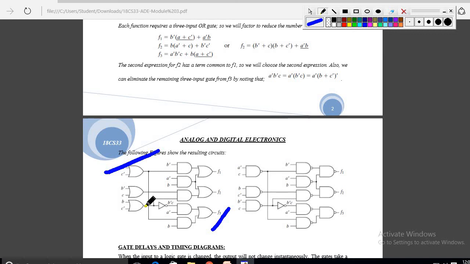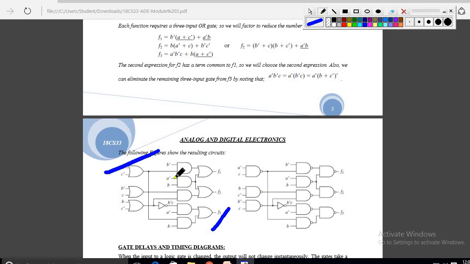Right, here the OR gate output will be what? Like this, B plus C bar, right? So if I am using one inverter, what exactly does it do? It will convert the output of the OR gate to B bar C, or else here it will be B C bar. If I use an inverter, it will be B bar C. So the input of this will be connected to this AND gate. Okay, so again F3 is formed, like that you have to write.